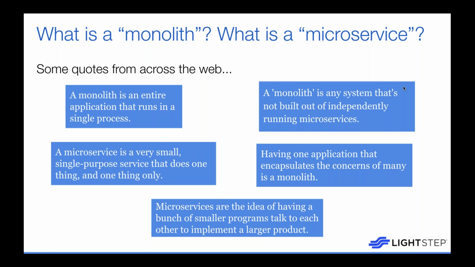So here's just some quotes across the web that I found of what a monolith is and what a microservice is. I think it's pretty funny how different everyone views these two words, right? So this particular quote, a monolith is an entire application that runs in a single process. I mean, maybe, but it could be multiple processes. A monolith is any system that's not built out of independent microservices. Well, that's kind of a circular definition there. And then the microservice definition here, very small single purpose service that does one thing and one thing only. Not necessarily. That could be a serverless function maybe,